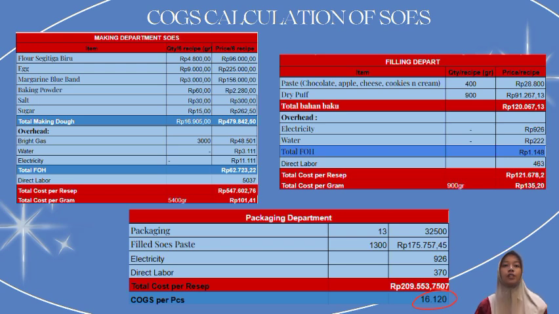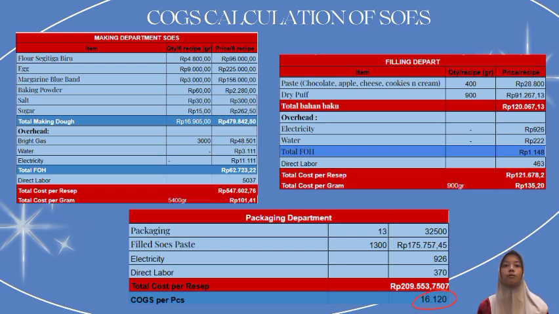However, we need to be transparent. In reality, the stick production was never carried out during this period. Despite that, our COGS calculation still used the original percentage allocation from the planning stage, meaning a portion of the overhead was still being allocated to stick even though it wasn't produced. This means the COGS figure we arrive at is still assumption-based and doesn't fully reflect the actual condition.